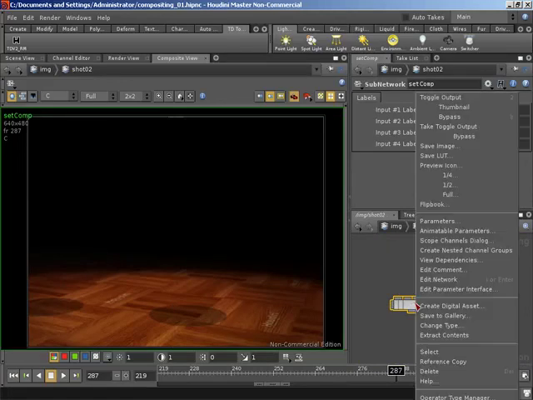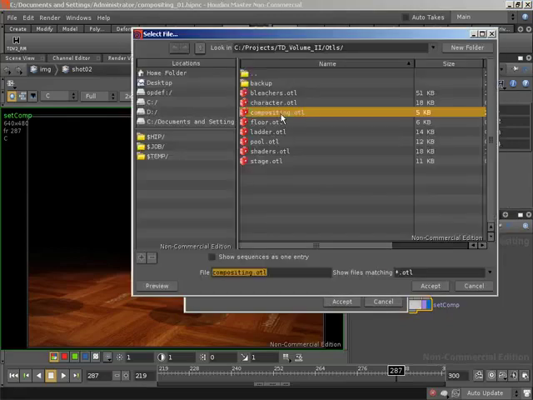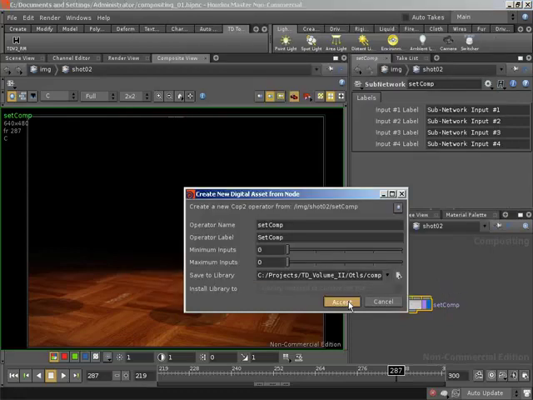So I'm going to right click and create a digital asset from this subnet, and I will name this to set comp, just being picky, but I want a capital C on the comp, and we're going to put this in our compositing.otl file. So I'm going to bring up our browser and put this inside our compositing.otl. So if we accept this,